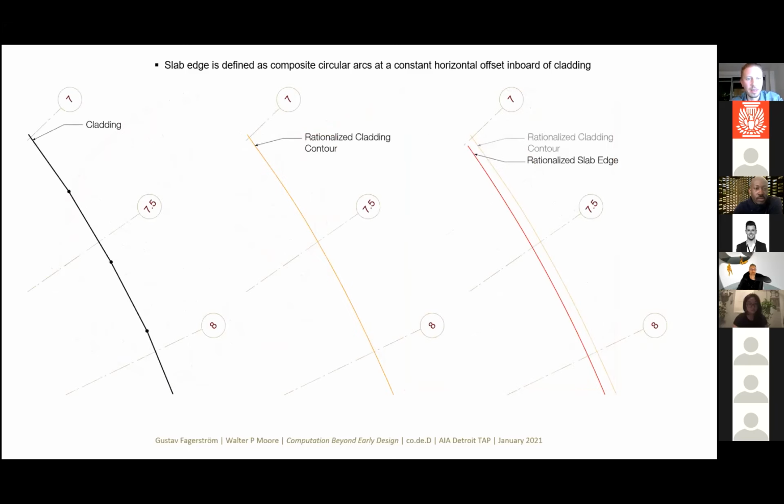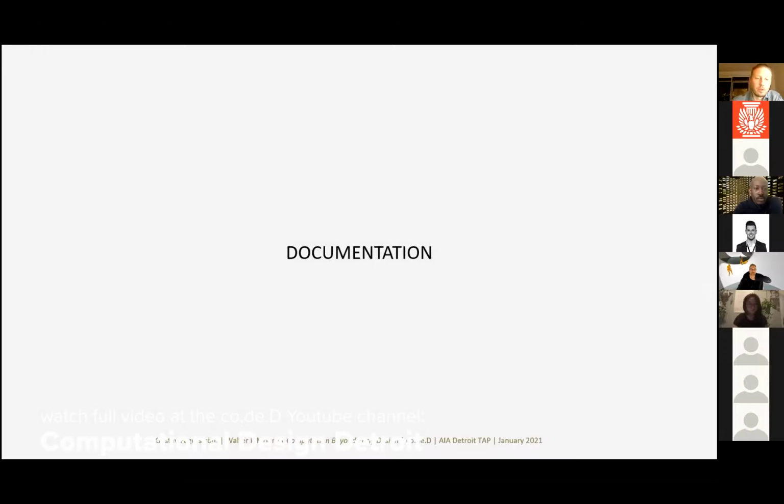So here you see again the cladding, the rationalized contour, and then the slab edge. So the rationalization actually happens at the level of the skin, and then gets offset back. Okay, so going into documentation then,